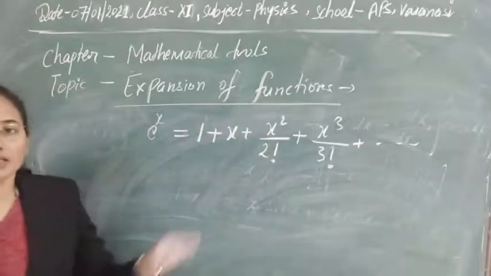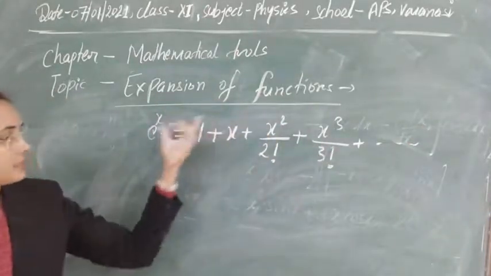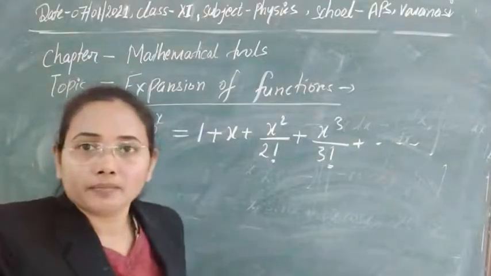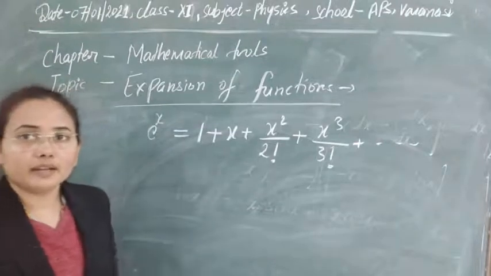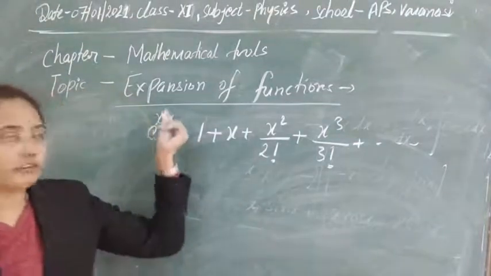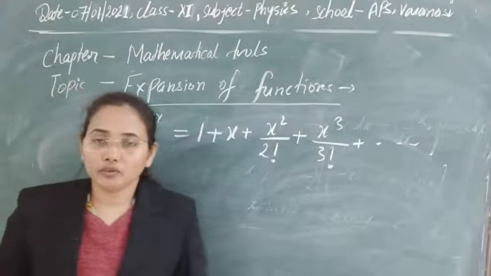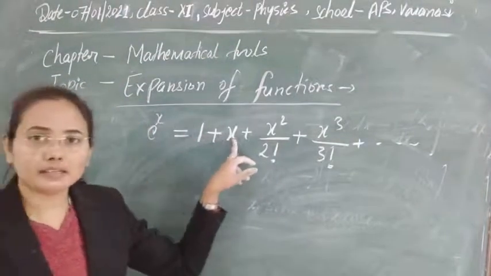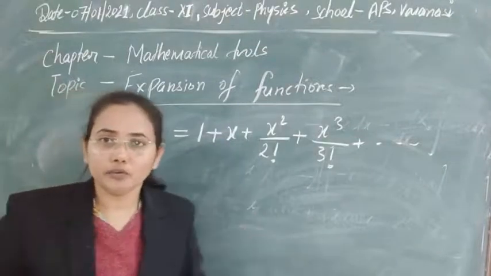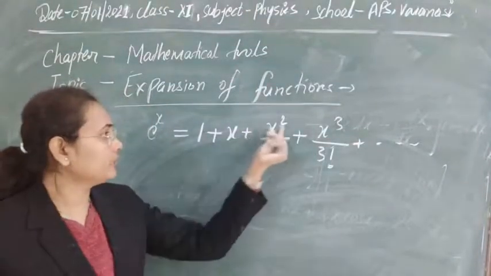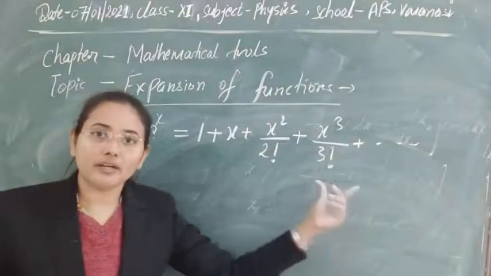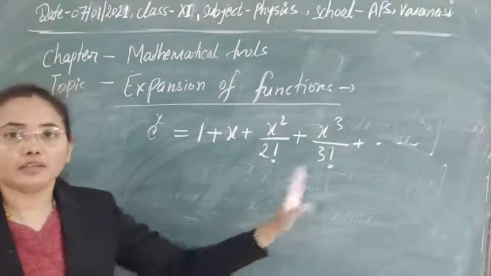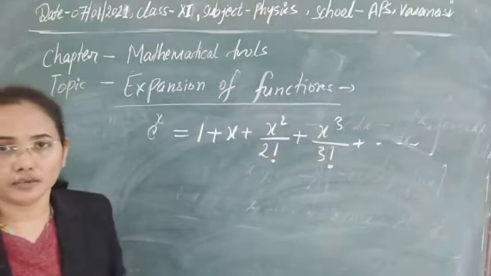So in this way you can expand this value. Suppose you want to calculate the value of e to the power 5 or e to the power 4, then how can you find out its value? In the place of x put the value. If you have to calculate e to the power 4, put the value 4 here and after that solve it. You already know how to solve the factorial problem here. Then you can solve it and find out its value easily.